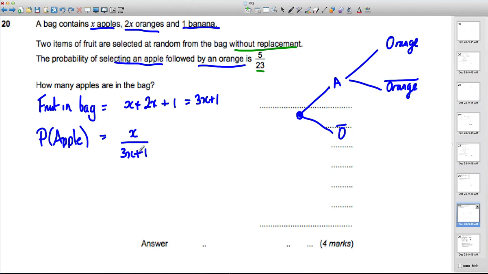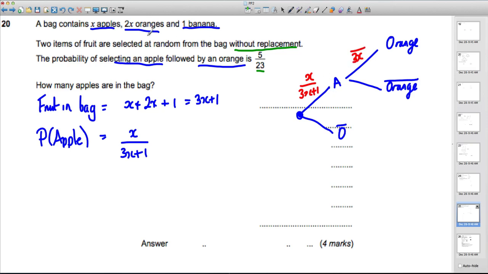Okay, so it's x over 3x plus 1. Now, you've just taken an apple out, so you've taken 1 item of fruit out. So there were 3x plus 1 fruits, and you've taken 1 item of fruit out, so now there are 3x